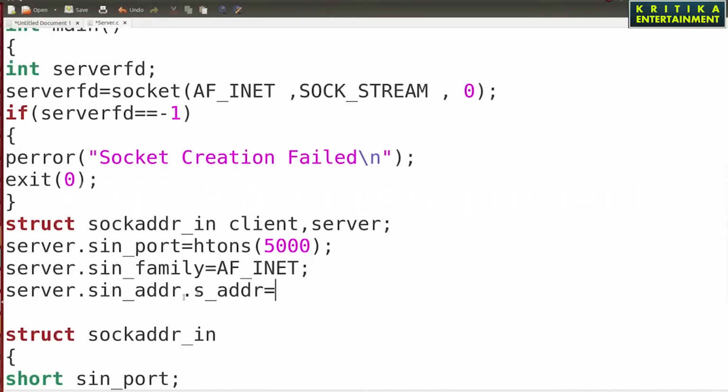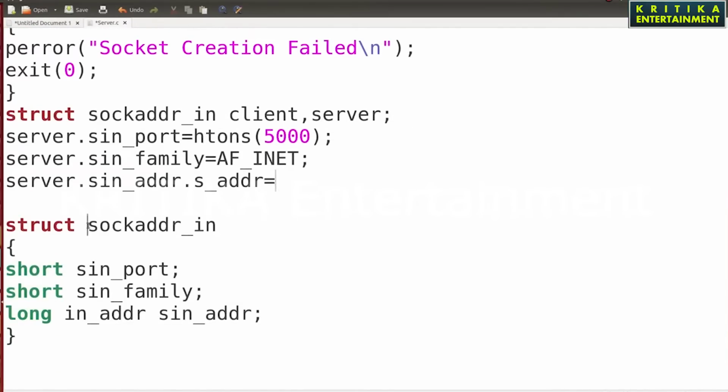Now server, consider this the structure variable. Its variable name is server. Inside this is a structure, sockaddr_in.